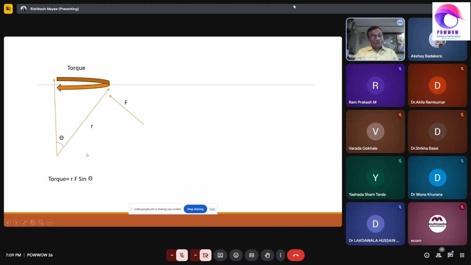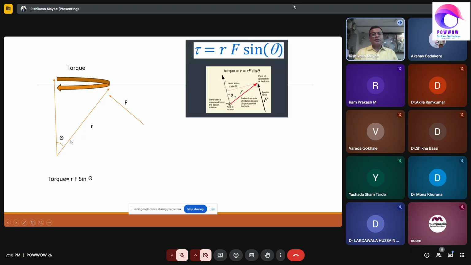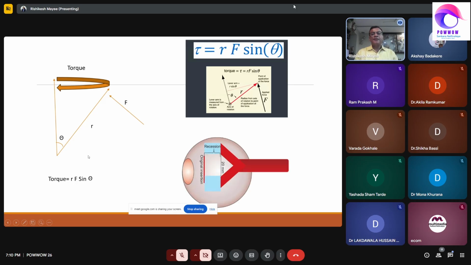So basically, torque is a product of the perpendicular force acting on the rotational arm. The unit is newton meters. So newton stands for force and meter is the rotational arm. So the product of these two, along with the sine of the angle through which the rotational force acts, is given as torque. So if we try to apply it on the eyeball,